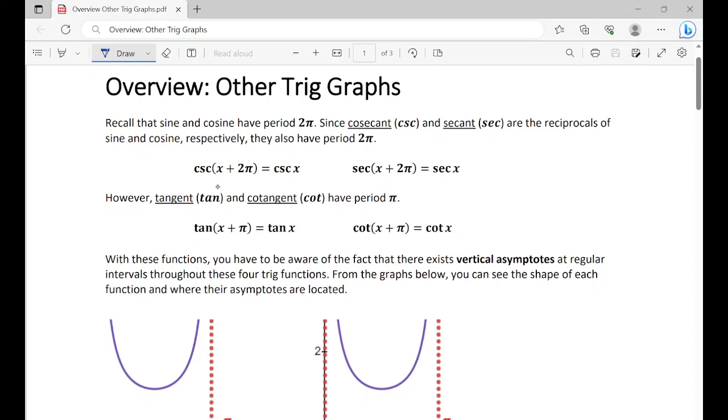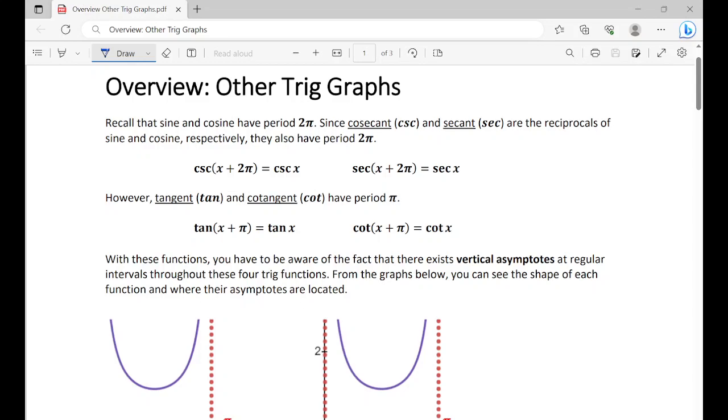However, tangent and cotangent have a period of pi. So tangent of x plus pi is equal to tangent, and cotangent of x plus pi is equal to cotangent. With these functions, you have to be aware of the fact that there exist vertical asymptotes at regular intervals throughout these 4 trig functions. From the graphs below, you can see the shape of each function and where their asymptotes